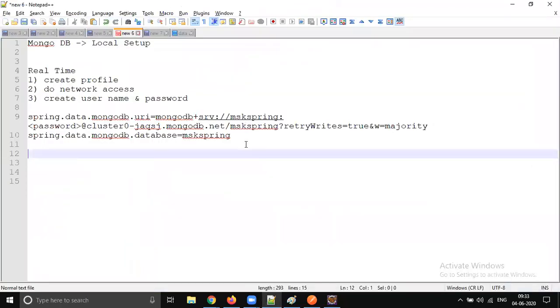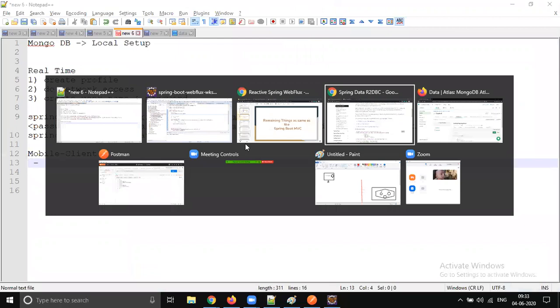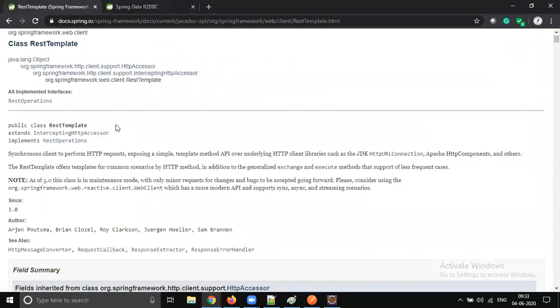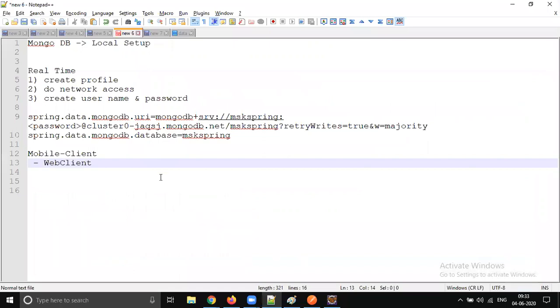But the most complicated part in this entire training is the mobile client, because as per the documentation suggested by Spring, we are not going to use RestTemplate. We are going to use WebClient. While writing that code, as I said yesterday, you can understand maximum 20 to 30%. Okay, maximum.